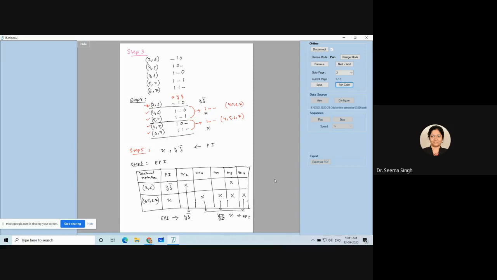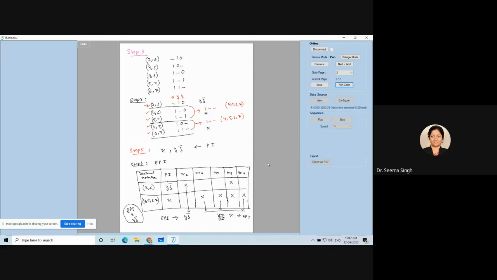Now M6 is there, which is there in both. So this is something which is not a problem. If you are taking YZ bar, along with this 6 is coming. And if you are taking this X, along with that again 6 is coming. So these steps prove that we have both X and YZ bar as essential prime implicants.